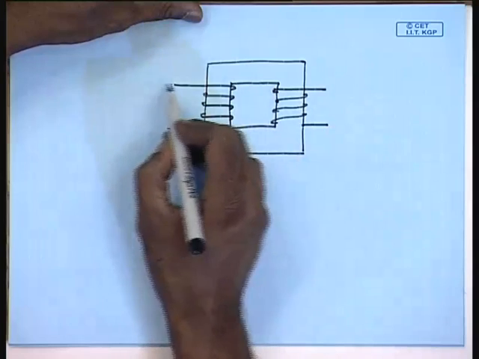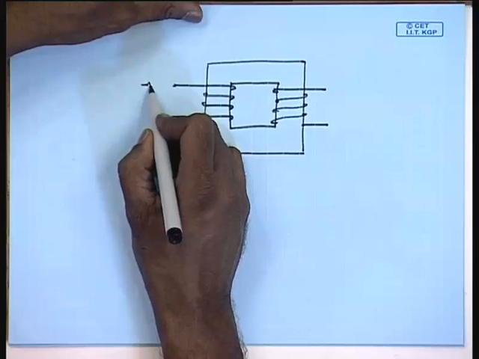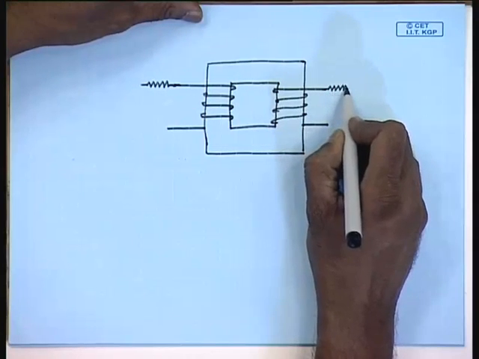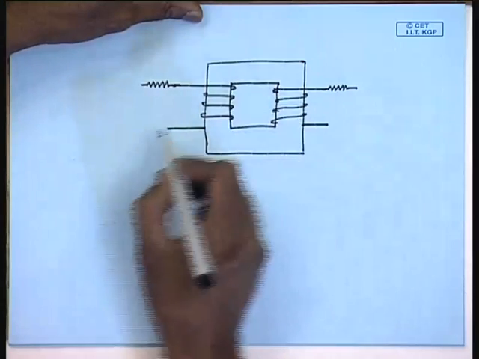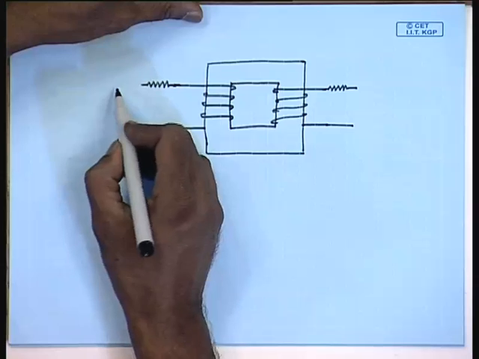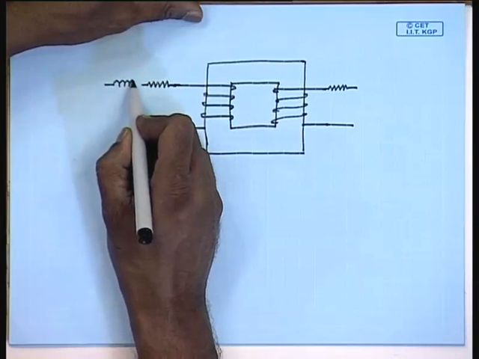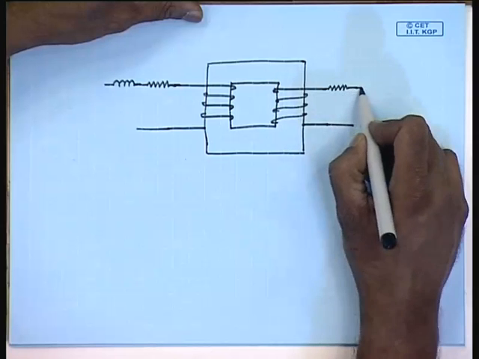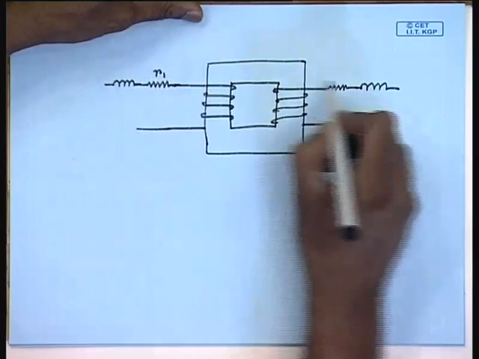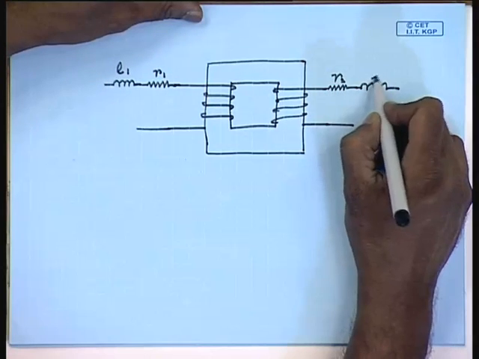by incorporating the resistance of the windings and the effect of leakage flux can be incorporated by assuming a leakage inductance in series with both the windings: R1, R2, L1, L2,